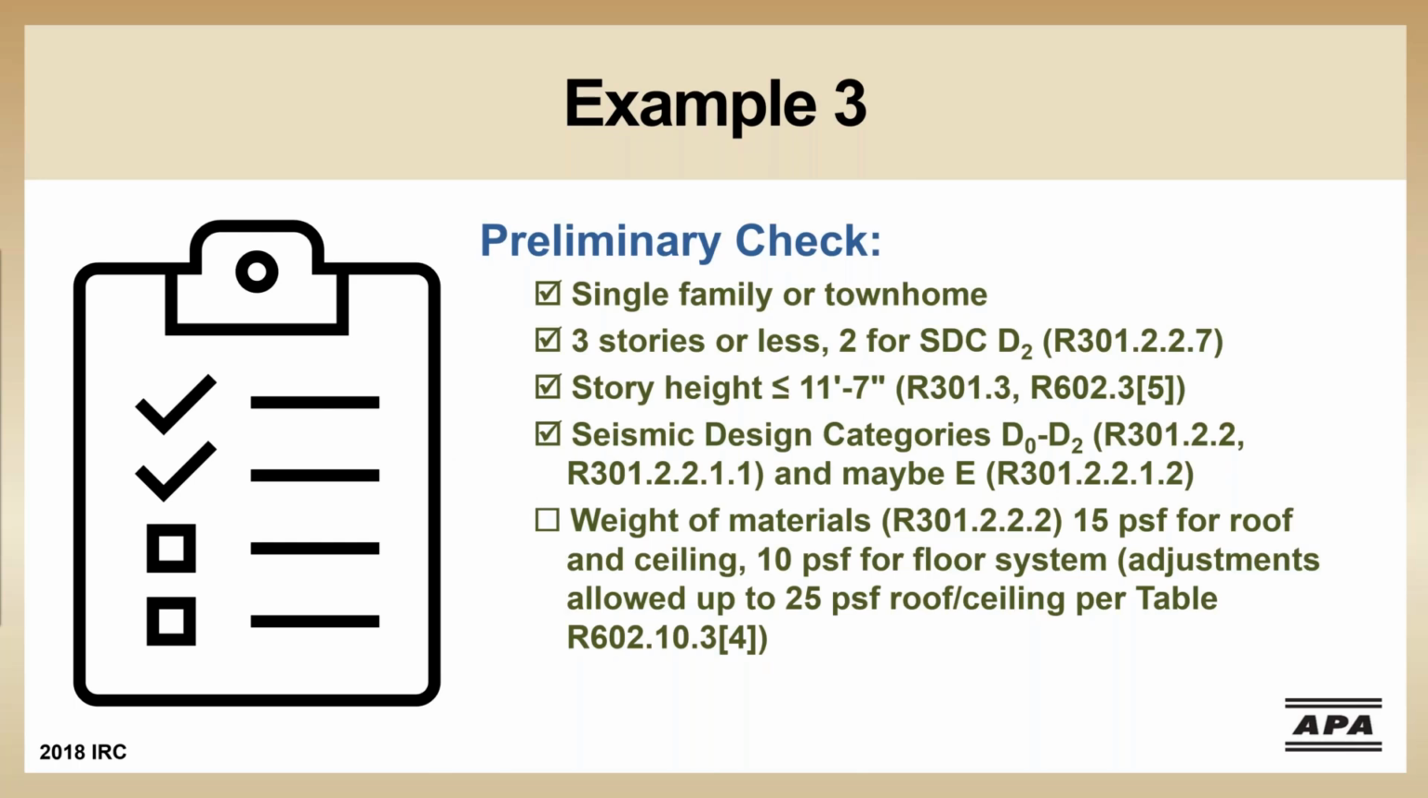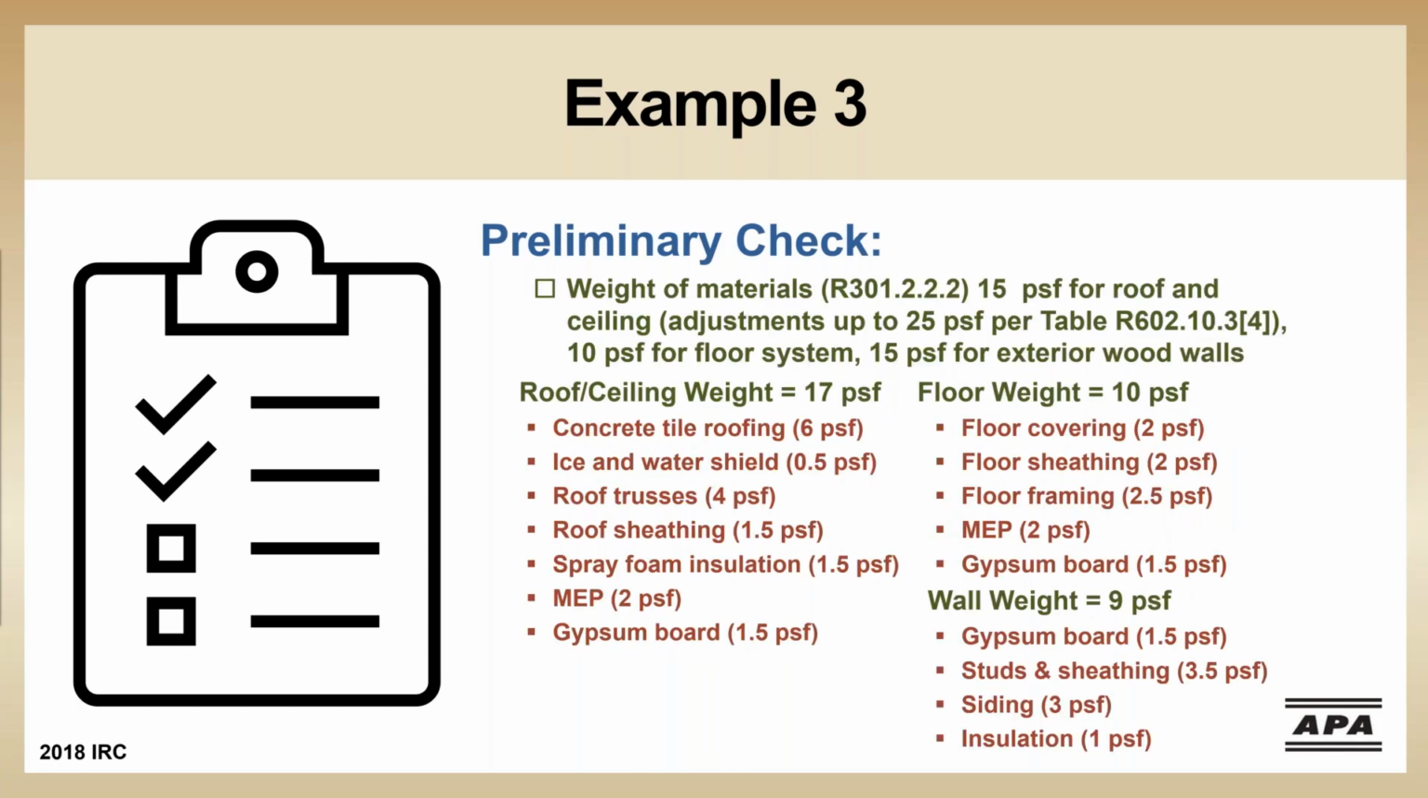We'll start off with our preliminary checklist. We're meeting most of the preliminary checks. Let's look at our unit weights for the different building systems. First, let's look at the weight of our roof and ceiling structure. This townhouse project is going to be built with concrete tile roofing over 7/16 OSB sheathing. The roof structure is lightweight prefabricated roof trusses at 24 inches on center with a single layer of drywall for the second floor ceiling. All in, we're around 17 pounds per square foot for the roof ceiling assembly, which is